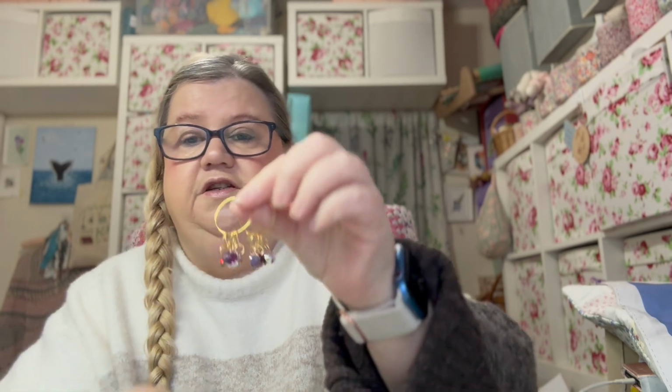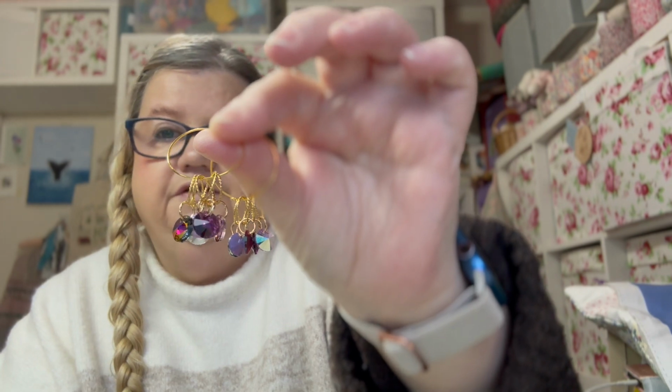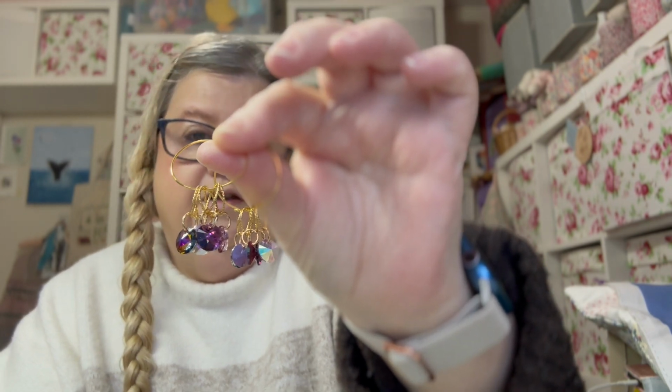There's some Lucky Dip crystal stitch markers because we know how much I love a crystal stitch marker. And they live in my paper chase tin here. However, as you can see, I've got quite a lot out at the moment. It'll be useful to have those in there. That can go in there, and then